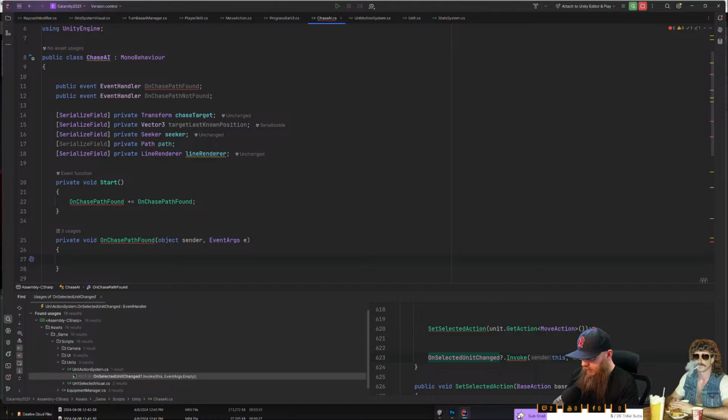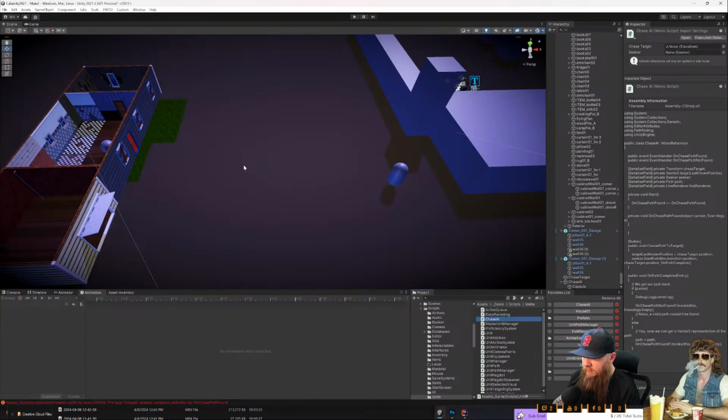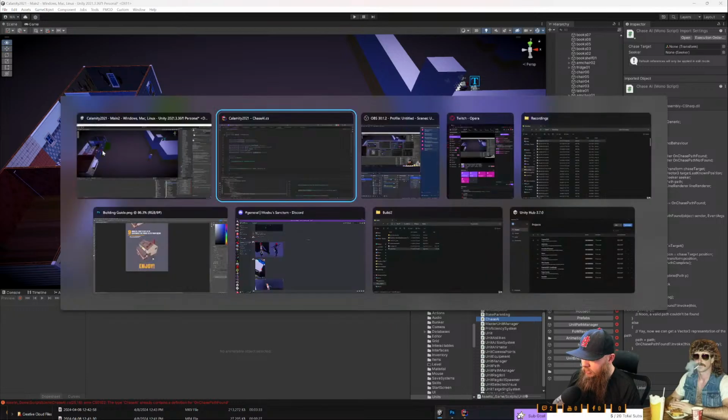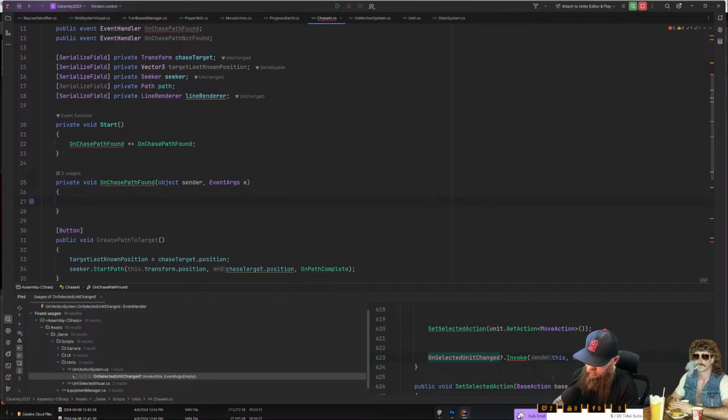So path is found for this test. So we found a path. We're happy. If we found a path, we're good. We're going to follow that path. Now, if we don't,